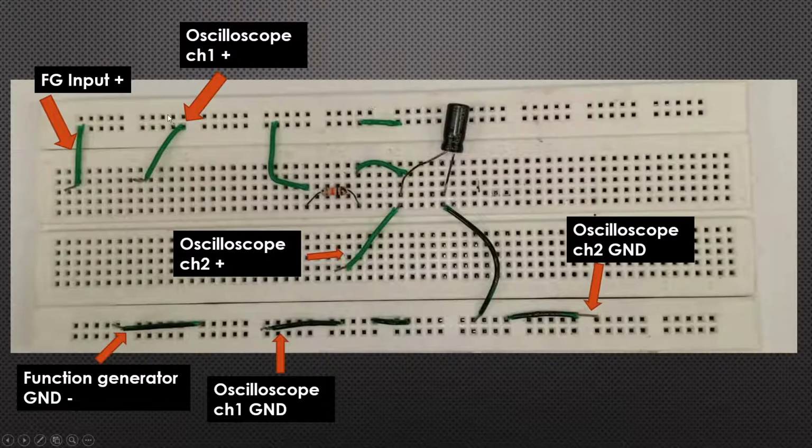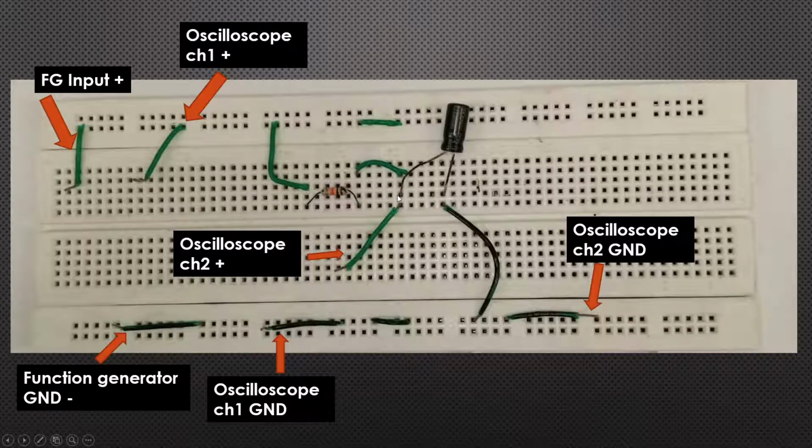You can see that, as I said before, the upper part is the positive side and the bottom side is the negative side. So you have to connect the function generator input here and oscilloscope channel 1 here, and this is connected to the upper, positive side. One side of the resistor is connected to this, and the second side of the resistor is connected to the capacitor, and the capacitor is connected to ground. In the ground you can see that we have connected oscilloscope channel 1 to ground, and the function generator negative side is also ground, and this capacitor side.